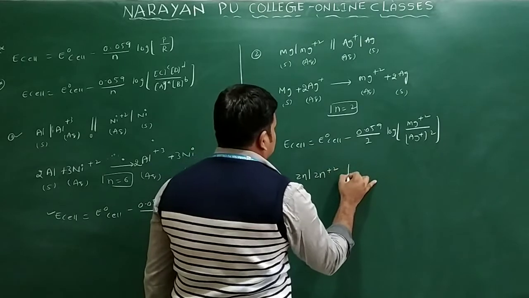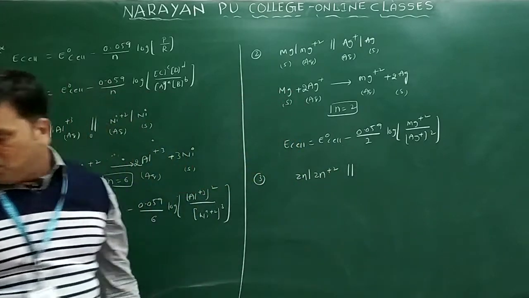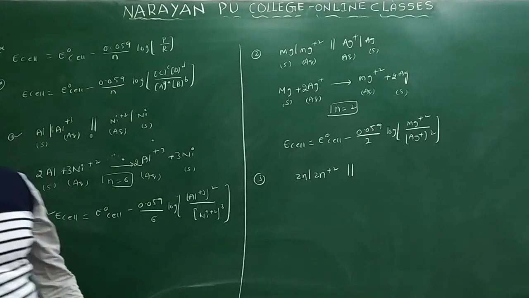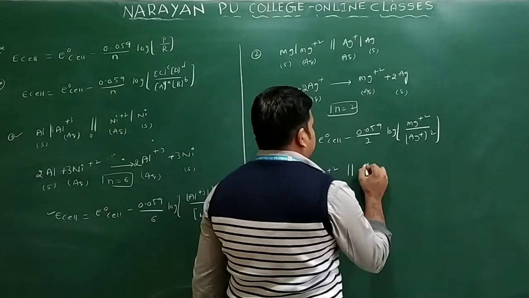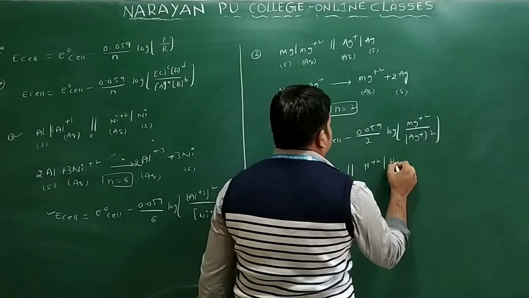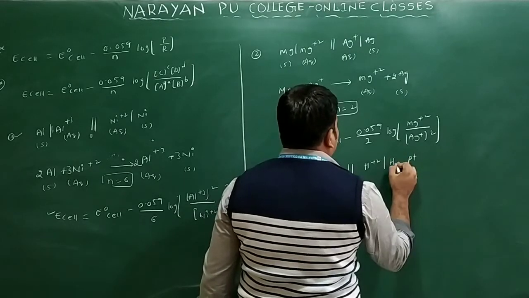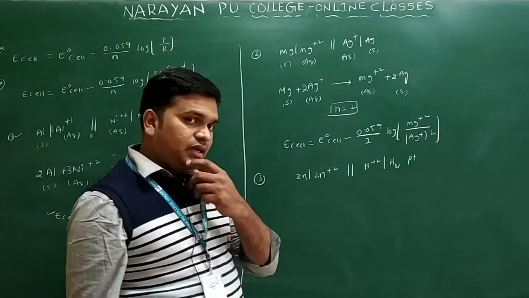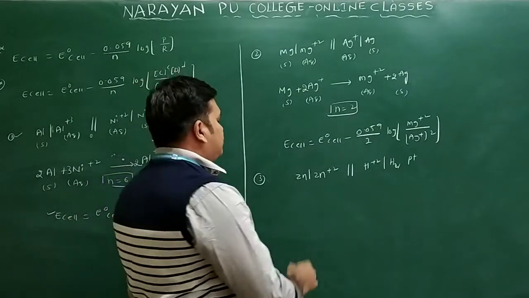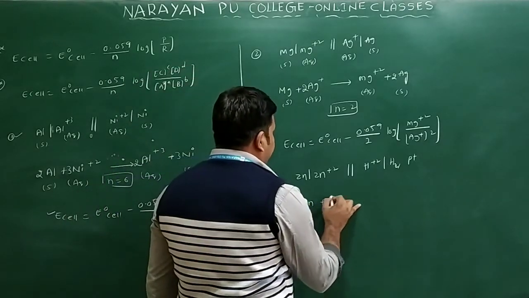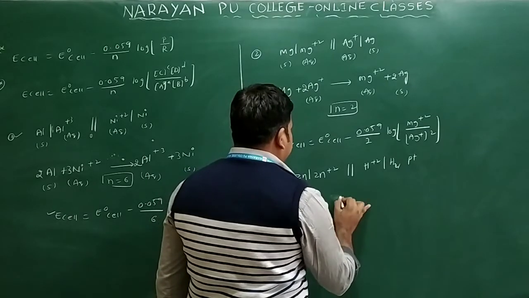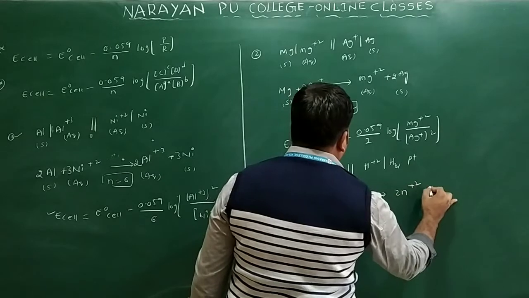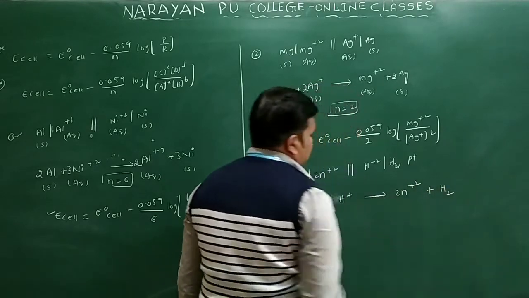Zn2+, we have a salt bridge there, and one more electrode we have. One more electrode I am writing here, H+ and H2, with the platinum electrode. So this is the equation only. What you will write? You will write the first balanced equation only. I will write here Zn plus H+ gives rise to Zn2+ plus H2.